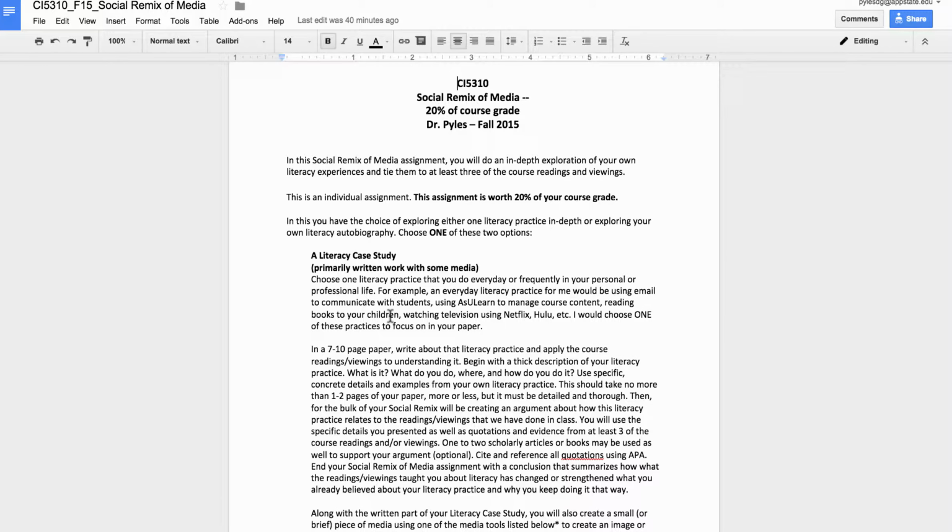So here's the thing to keep in mind. This is a graded assignment. That means you will get a grade. It's not a completion grade. You actually need to produce quality work in order to earn an A kind of grade. It isn't that you earn 10 points for doing it. So just keep that in mind. It's 20% of your course grade. So it's our first really truly graded assignment. And you get two choices for this assignment.